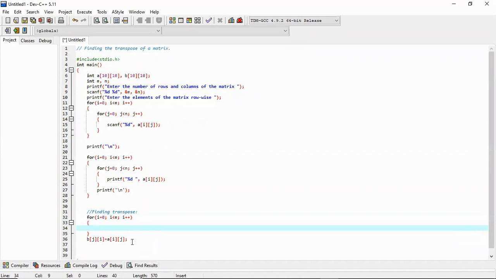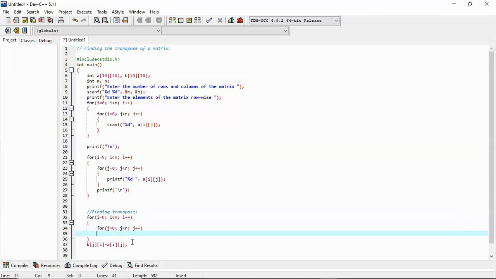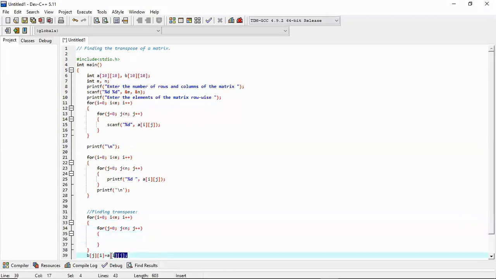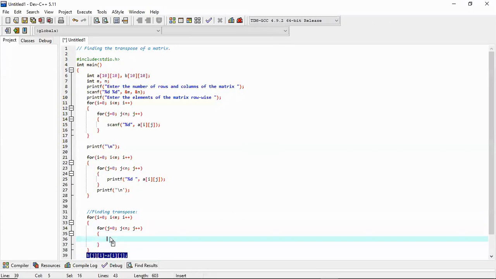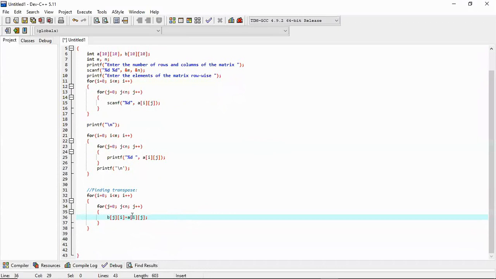And we need another loop, j equal to 0, j less than n, j plus plus. And this thing should be here, so that this occurs for all i and j. For all the combinations of i and j, this operation will occur, and thus the transpose will be stored in B.